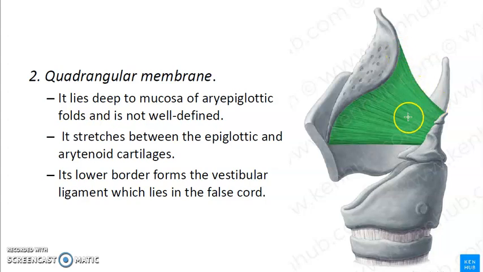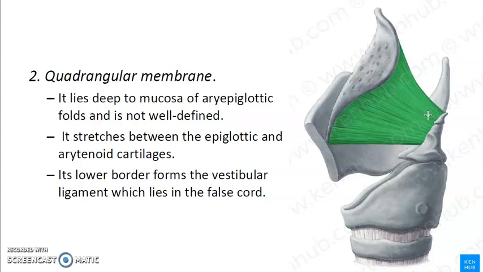It has got 4 angles, therefore it's called quadrangular membrane. This quadrangular membrane is like if you place your hand in such a way, your wrist comes together but the fingers are apart. That is how it is. Both the hands you have to place. Your wrists are up closer towards one another but the fingers are apart. Okay. So if you do that, that is a quadrangular membrane.